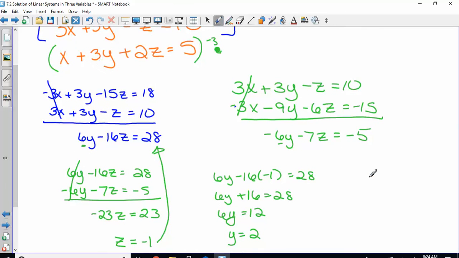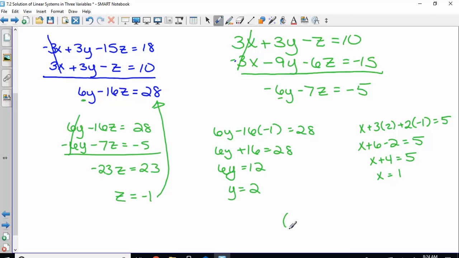So if I just did the third one. You get x equals 1. So if you write them as a triplet, x, y, z, alphabetical